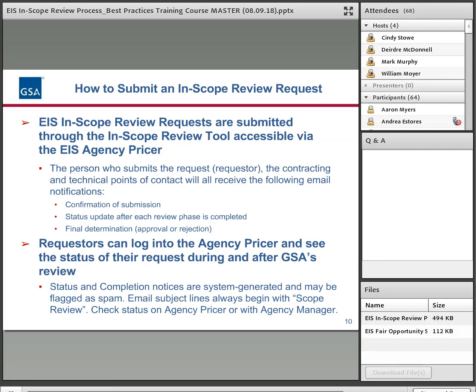So once it's submitted, you'll get a receipt that shows it's been submitted. As it goes from each stage, from the initial review to price to tech, you'll receive update emails on that, and then for the final review, you will get a notice of that, and you just simply need to log back in the tool, and you can download your documents from there.